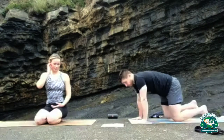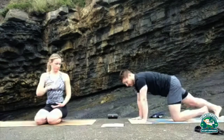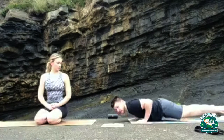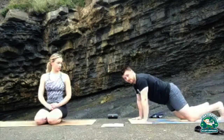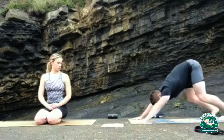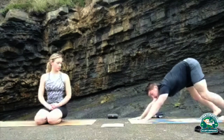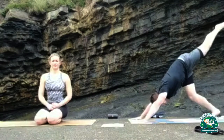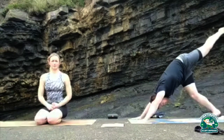So we're going to start off in a full plank position. We're going to do 1 press up, so you come down, controlled, press up. If you can't do that, you can do it from your knees. We're going to keep our toes under, lift our hips into our pike, and then from there we're going to lift 1 leg up, pick that side, extend it away, drop the shoulders, push your back foot into the mat,